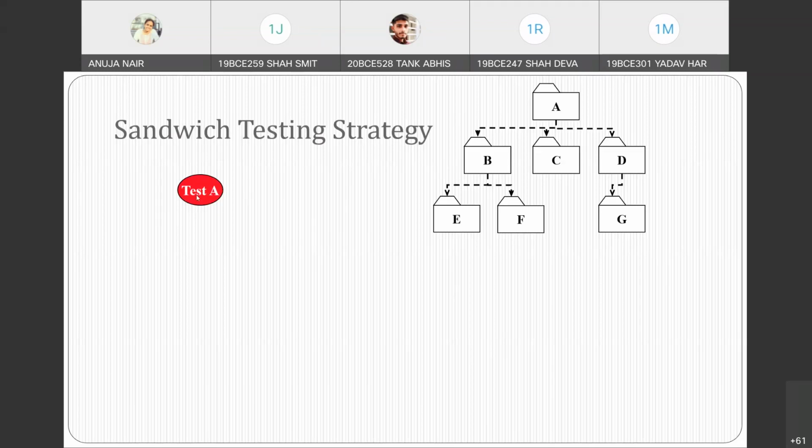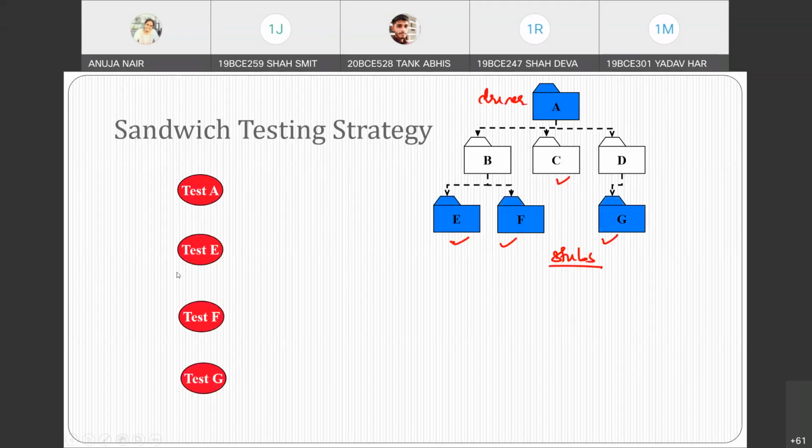So first I am testing A, right? Next, now I am going down. This is your driver, and these are all your stubs, okay? So you will test the driver separately, and test the stubs separately. So E is tested, F is tested, G is tested.